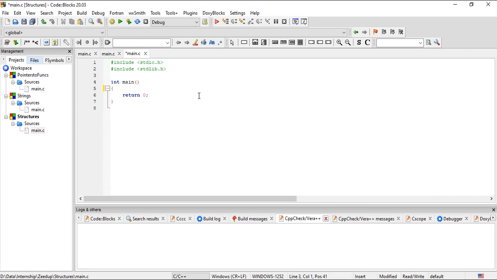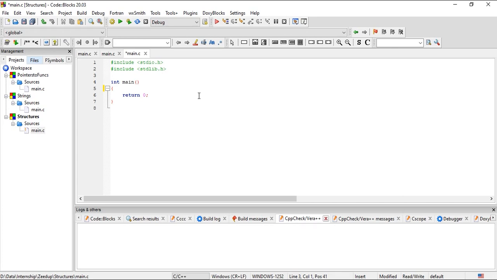So we have learnt about arrays, right? And we saw that an array is a collection of homogeneous data type. Like if we created an integer array, all the elements in that array are of integer type. So a structure is also a kind of an array, but it can contain elements of different data types. Like if we create one structure, it can contain some integer elements, some character elements, some string elements, and some floating point numbers as well. So a structure is similar to that of an array, and we can contain different types of elements in a structure.